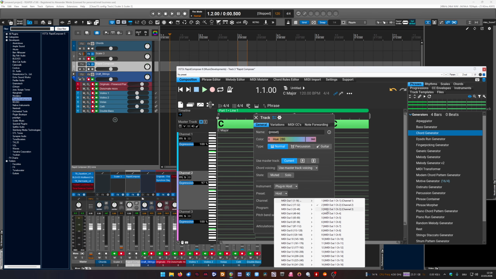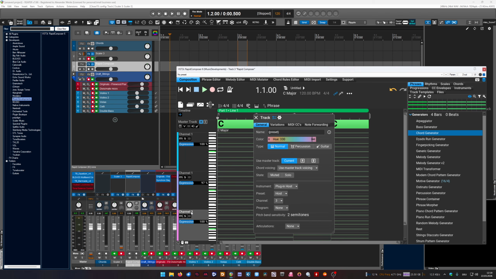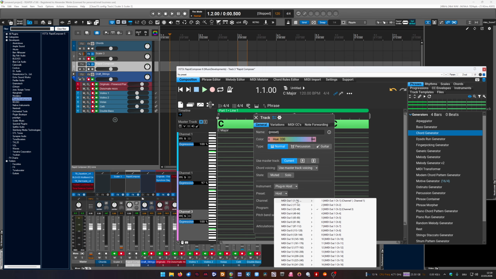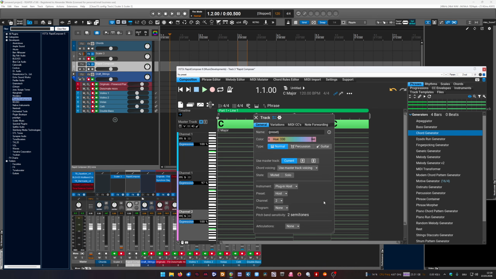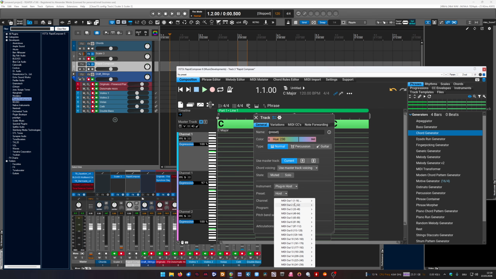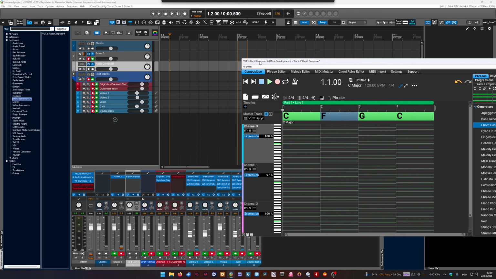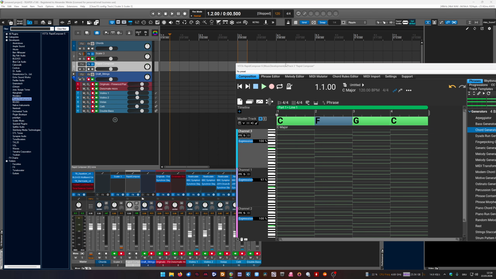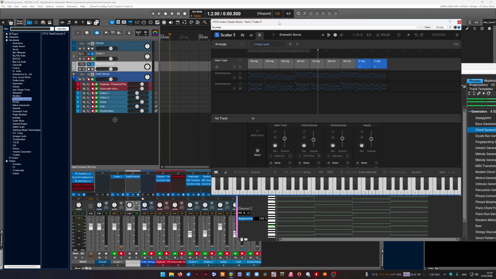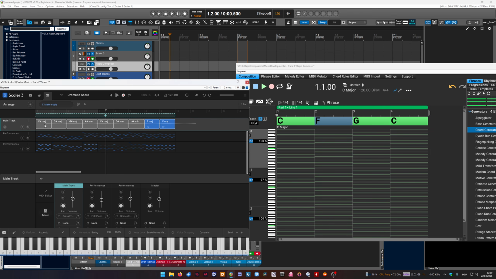And here we have channel 1, and this is channel 2, and this is channel 3, as we would have had it in Scalar. And I can now open Scalar again and drag and drop those chords